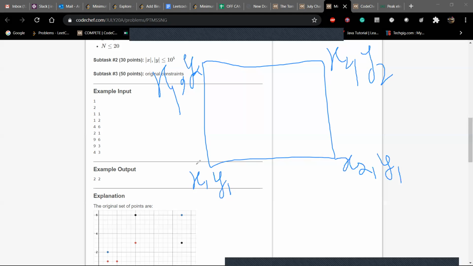So I have to make a map for x and a map for y, storing the occurrence of each x value and each y value, map x and map y. Then I can easily find which value has an odd count, and these keys are the x and y coordinates. Let me explain with the test case.